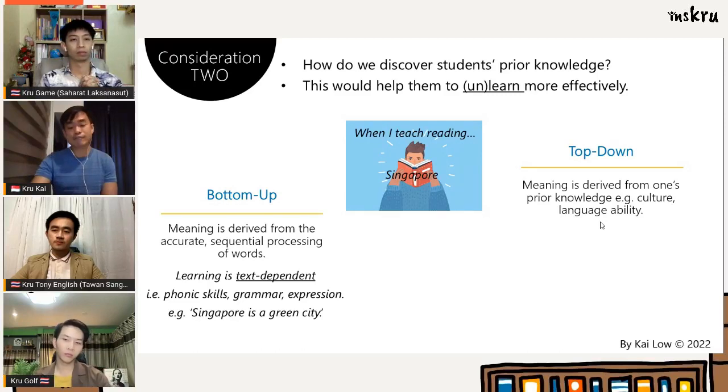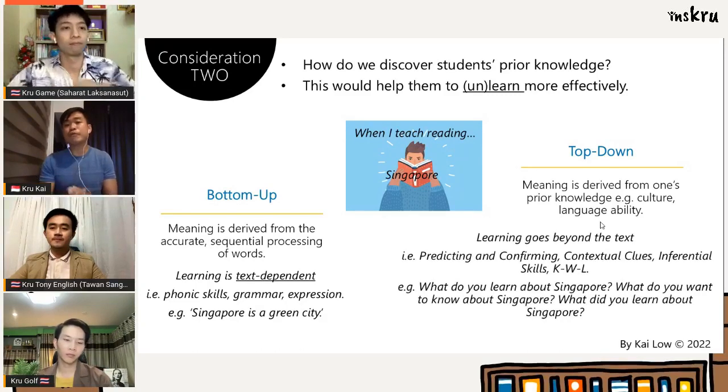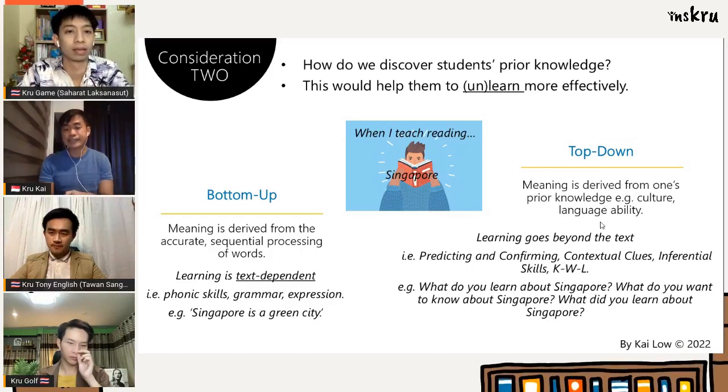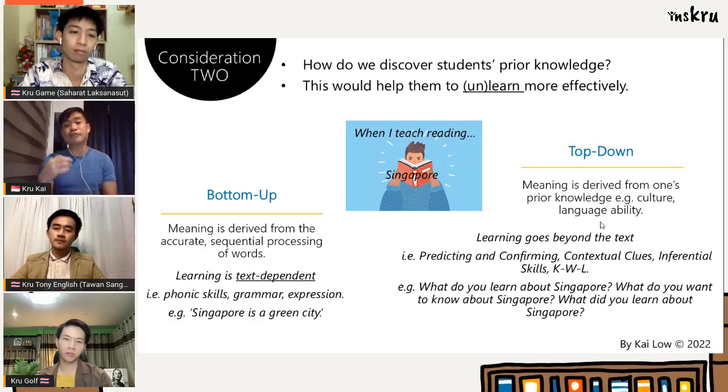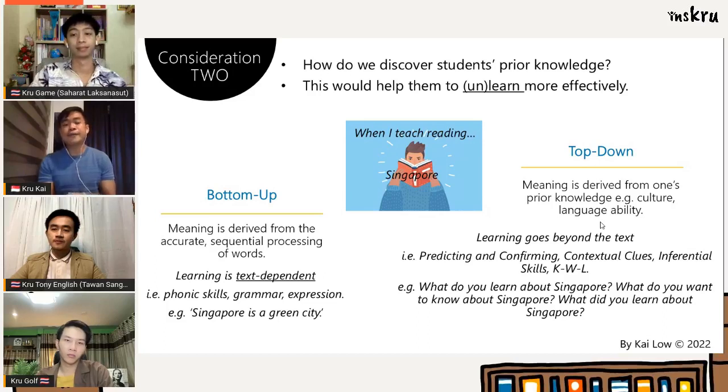And fundamentally for reading and for teaching and learning of the English language, we want to focus on learning beyond the text. So critically, as readers of a language, they need to learn how to predict, how to confirm, how to pick up contextual clues, how to infer certain conclusions or ideas. And one of the strategies you may use is what is called KWL. So for example, if you give them a passage about Singapore to read, before they read the passage,